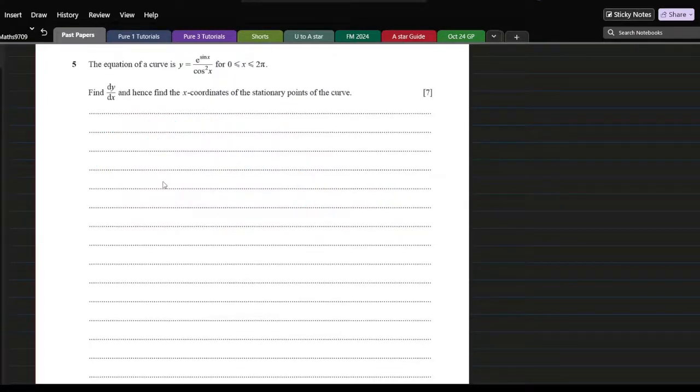Number 5. The equation of a curve is y is equal to e to the sine x over cos squared x, for x between 0 and 2 pi. Find dy/dx and hence find the x coordinates of the stationary points of the curve. So we've been given y is equal to e to the sine x over cos squared x. Here we can use the quotient rule. If y is equal to u over v, then dy/dx would be v du/dx minus u dv/dx